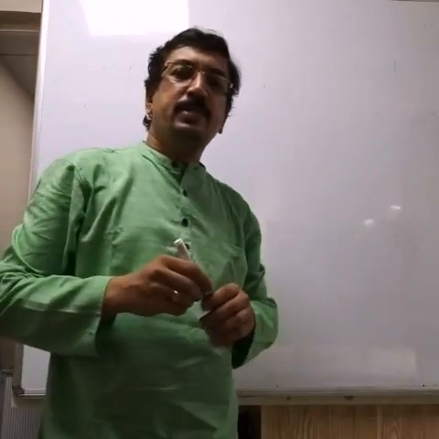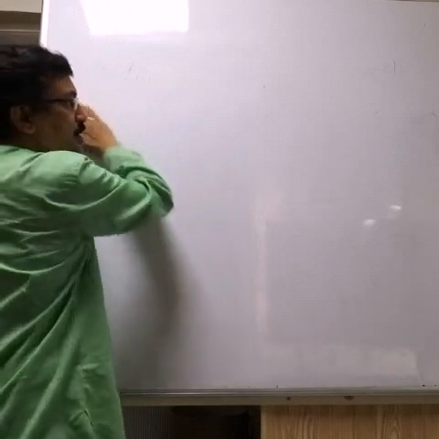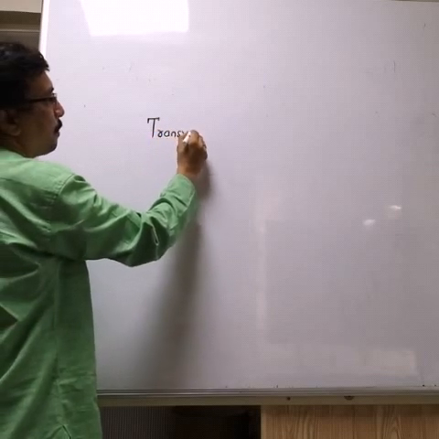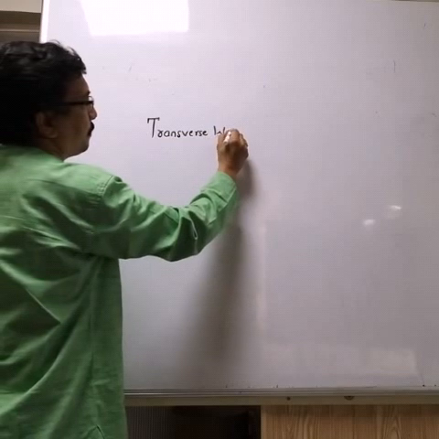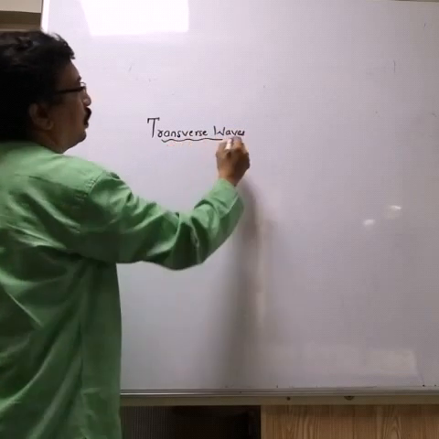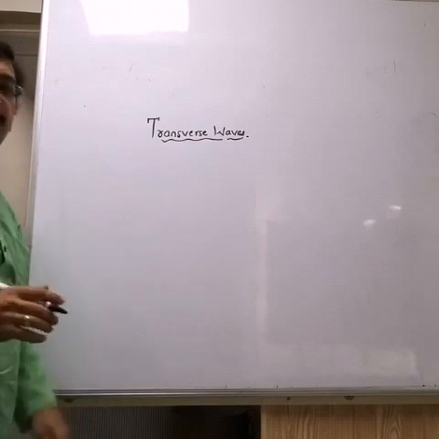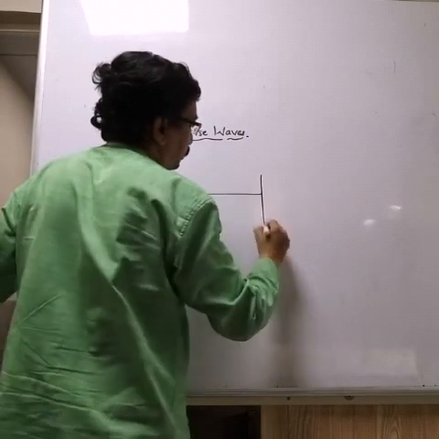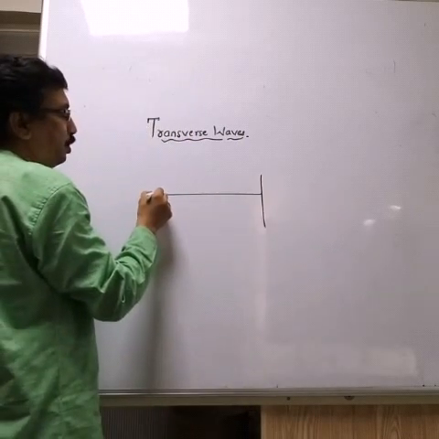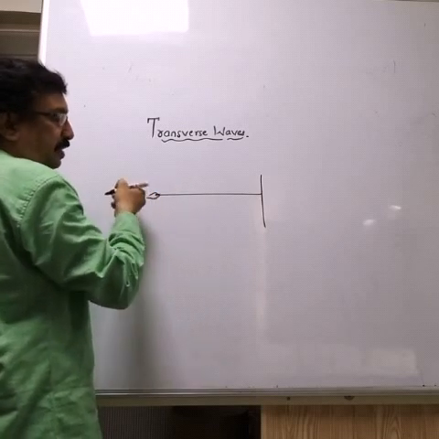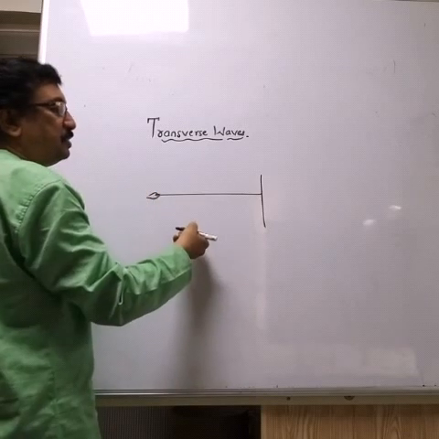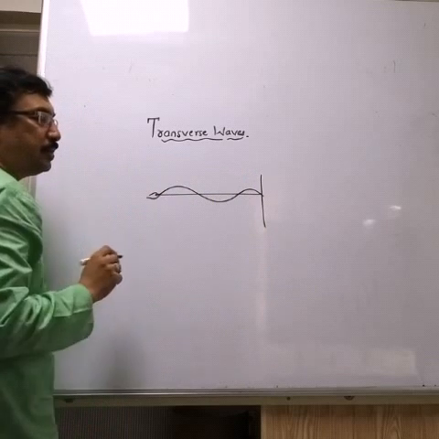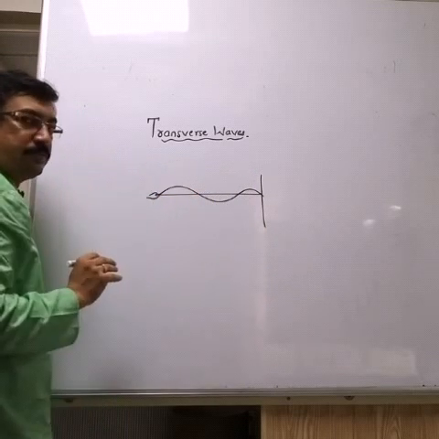Students, let us now understand what is the velocity of transverse wave. See, the best example we can understand is a string tied to a rigid support. One end of the string we hold in our hand, pull it and give a slight jerk or pluck it. You will find that the wave is traveling from one end to another in the form of crest and trough.